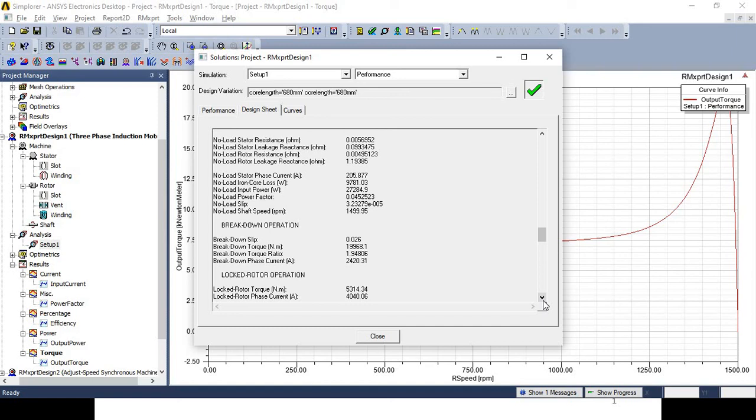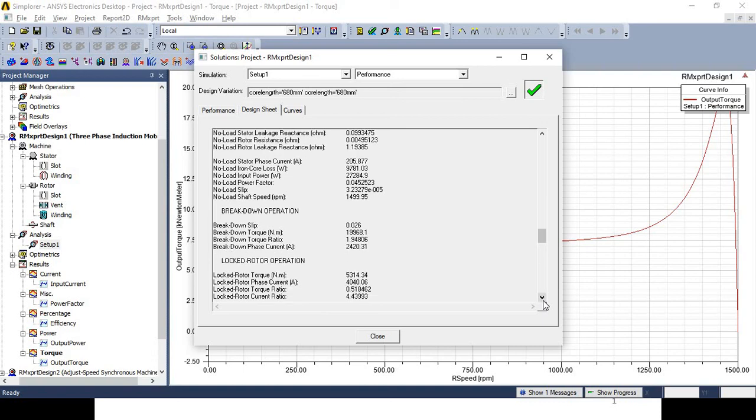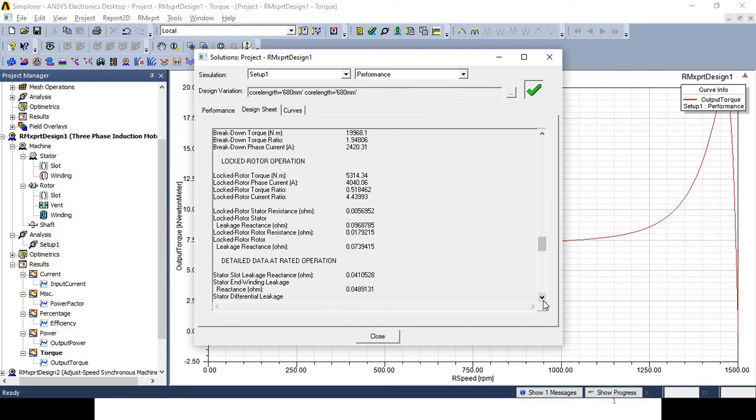torque ratio, breakdown phase current in ampere, locked rotor operation, that is locked rotor torque in Newton meter, locked rotor phase current in ampere, locked rotor torque ratio, locked rotor current ratio, locked rotor stator resistance in ohm, locked rotor stator leakage reactance in ohm, locked rotor resistance in ohm, then locked rotor leakage reactance in ohm, then detailed data